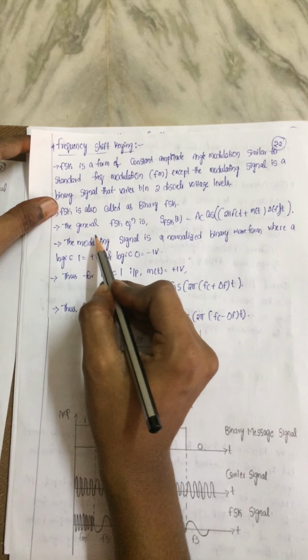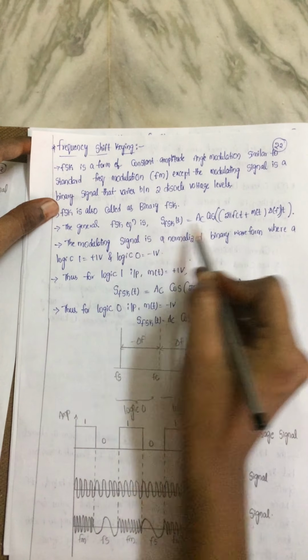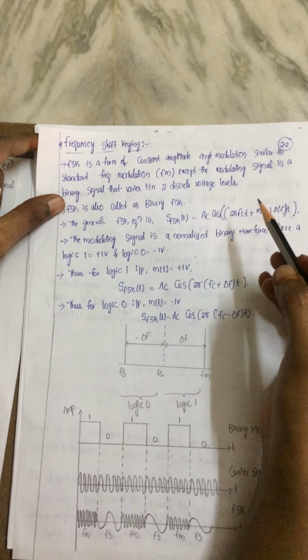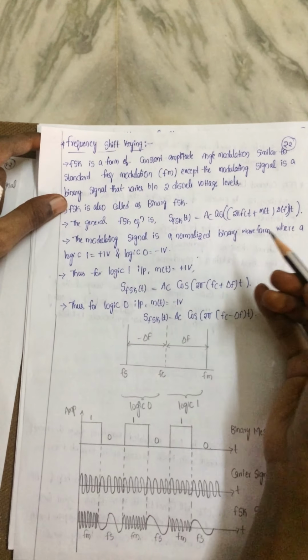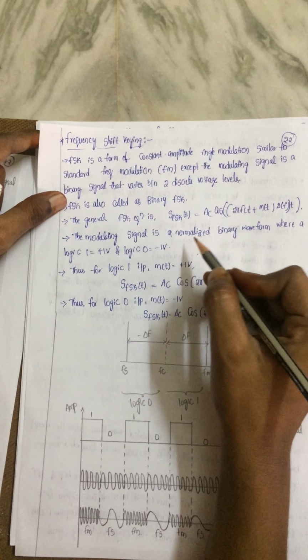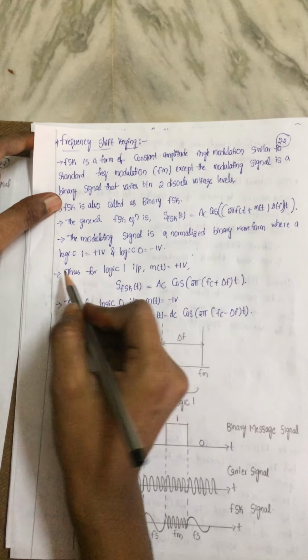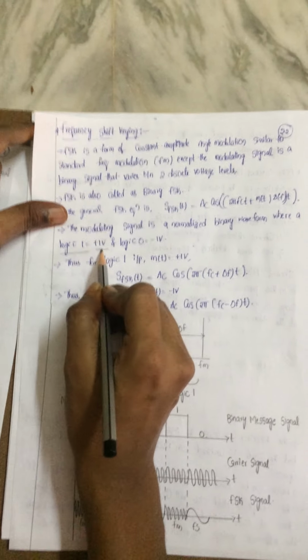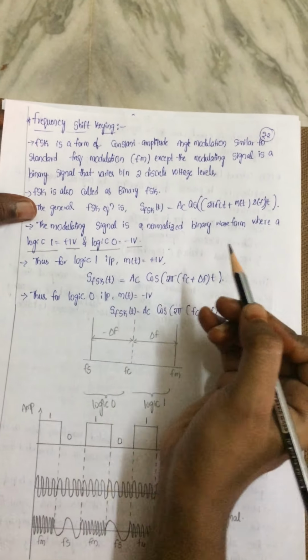Similar to the analog modulation technique of FM, the FSK equation is taken. Now here the frequency has to be varied. When the message is present, that is logic 1, the frequency has to be increased. When the message is logic 0, then the frequency has to be decreased. That is the only logic. So logic 1 is taken in the same manner as in ASK, and logic 0 means minus 1 volt.